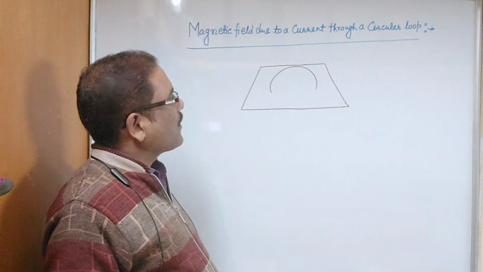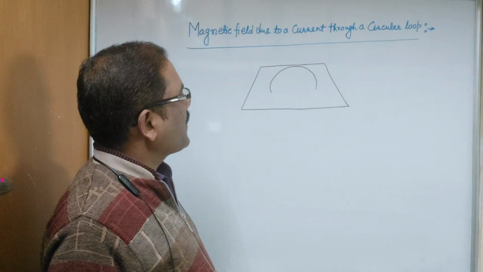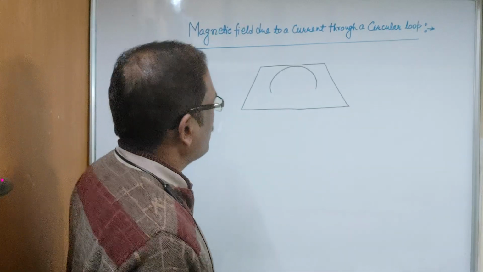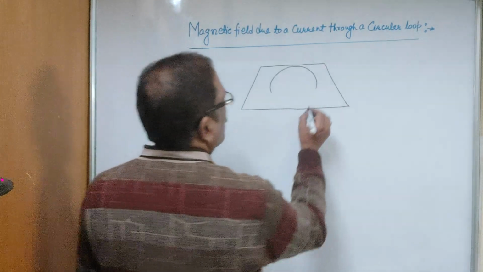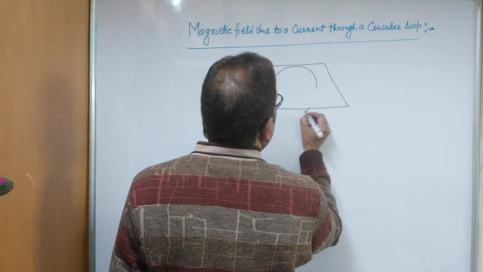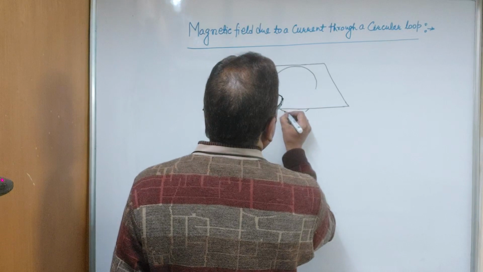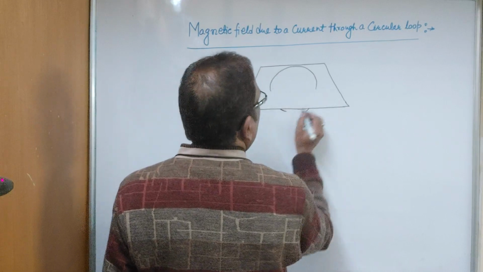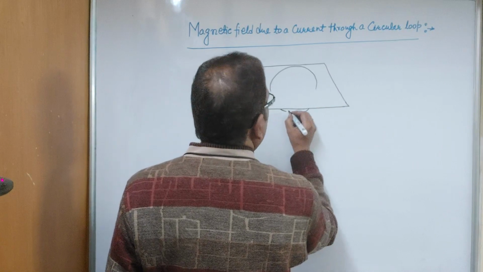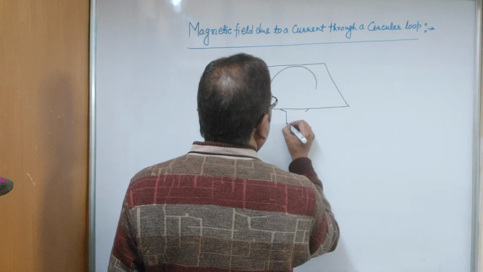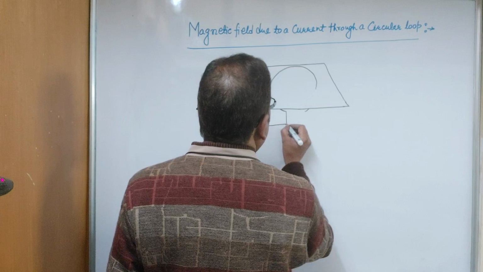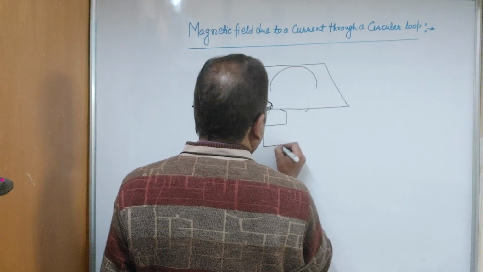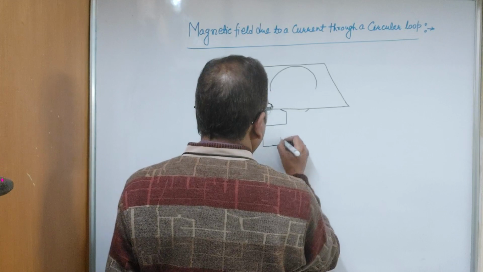This time we have to make two holes in this cardboard because this loop is circular, so we have to pass it through. So we make two holes in the cardboard,